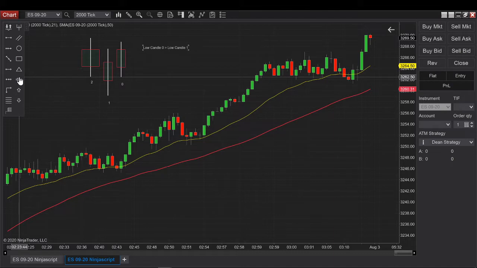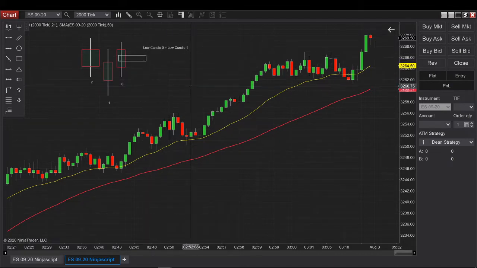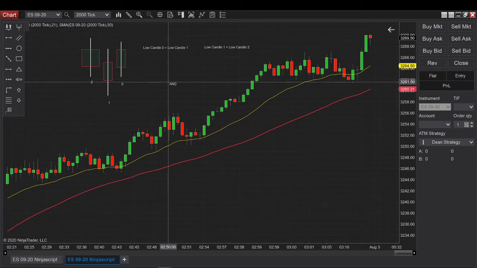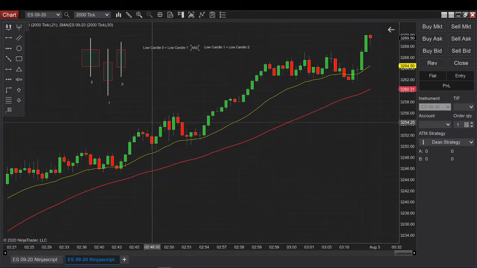The second condition is that the low of candle 1 is lower than the low of candle 2. So I'm going to put an AND between them. Those are the 2 conditions to be able to have a pivot low, and it's the flip side for a pivot high.